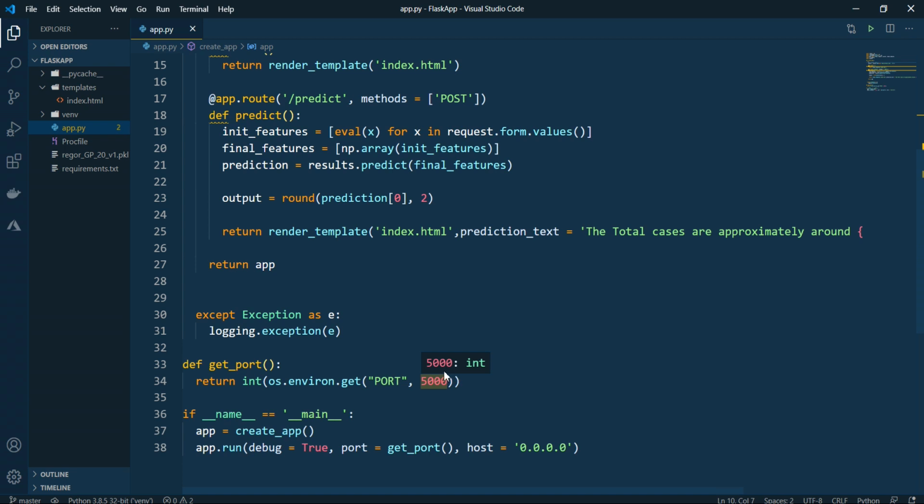It has to take port 5000. This is the normal port on which we run on localhost. This is the syntax, os.environ.get, and this is the name and this is the value that I give.